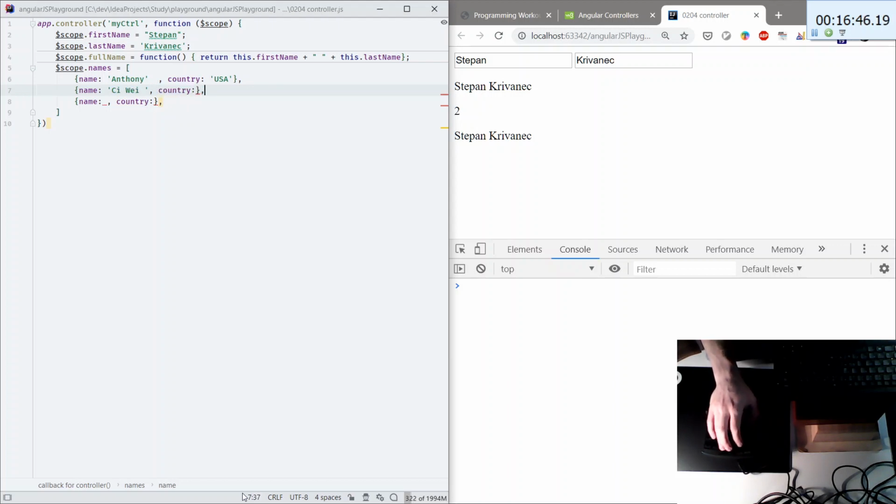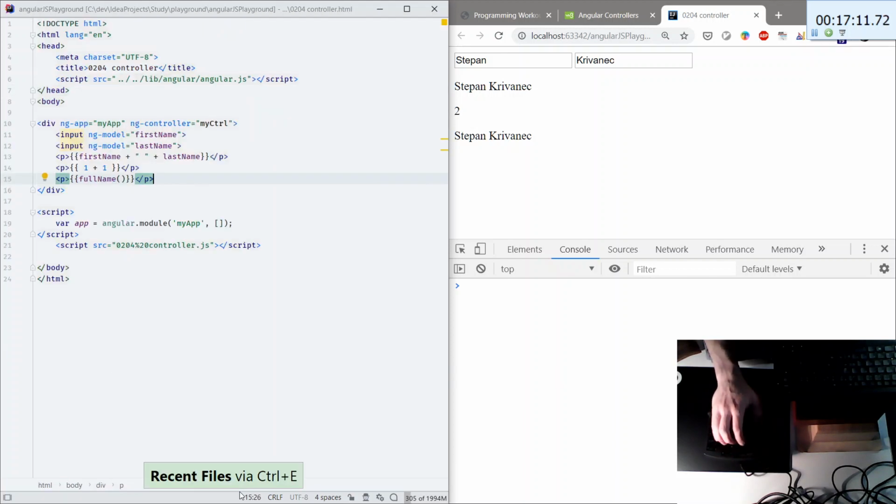GV, and the country will be Taiwan, and this will be Anna, and Czech Republic. It will be okay, like so, and now we will go in here and we will create